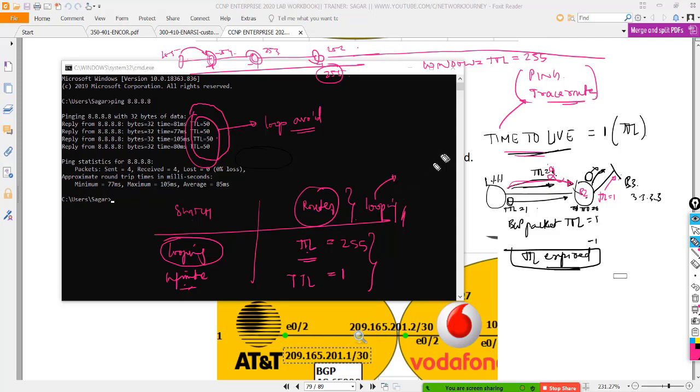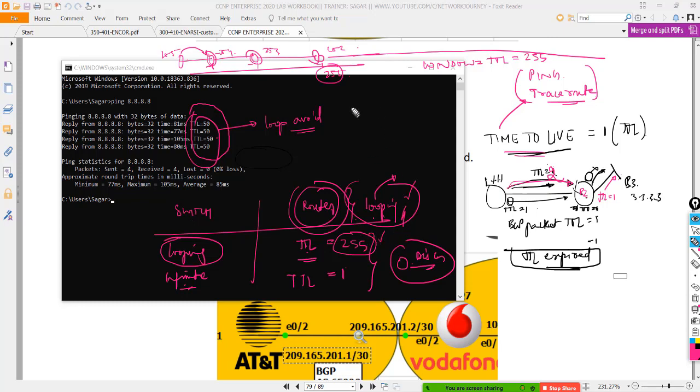If you have very bad network design and configuration, you will of course see looping, but these loops have some life, let's say only 255 counts, and the packet will then eventually reach 0 and be discarded. In short, looping in routing is for a certain period, maximum 255 TTL value.